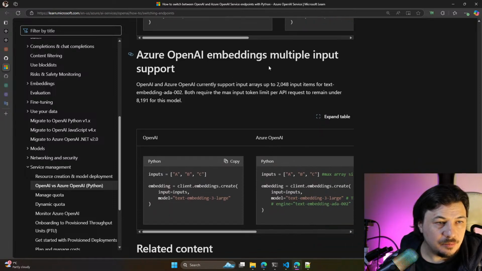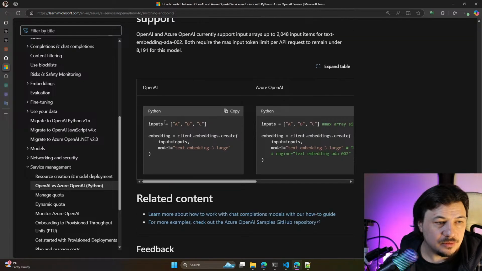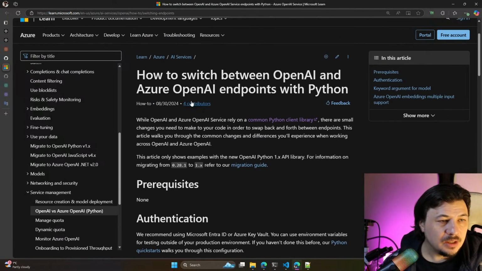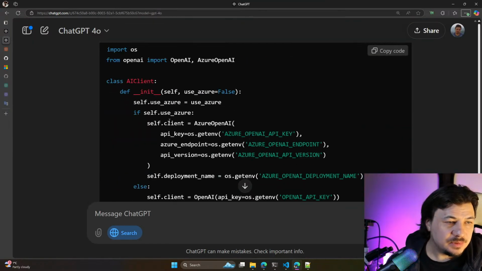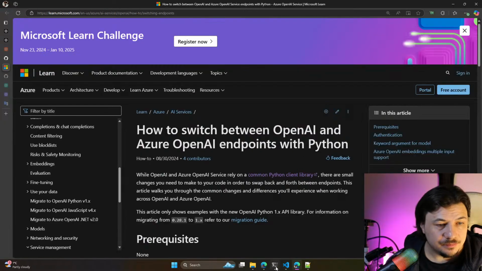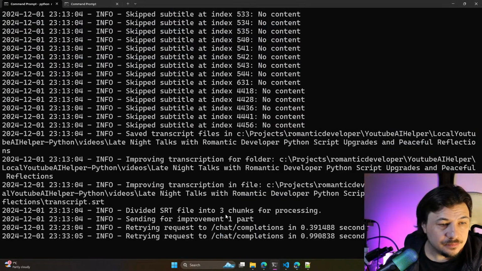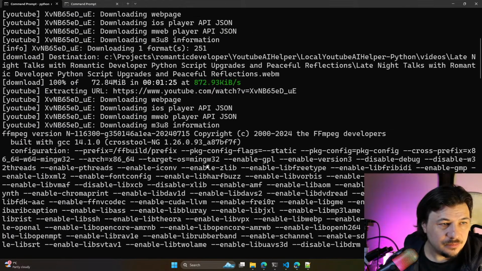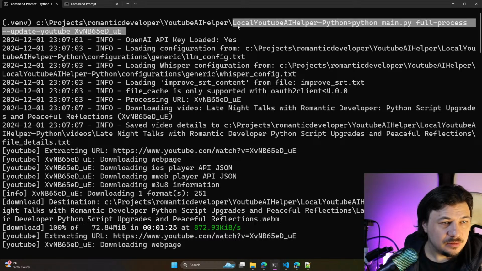Azure OpenAI embedding multiple input support. Okay, it's not related to us yet. So yeah, we need to go with that specific client class. It should be fine. So, you know what? Let's just finish that and try to do it once again.